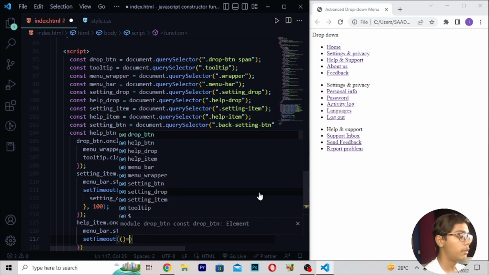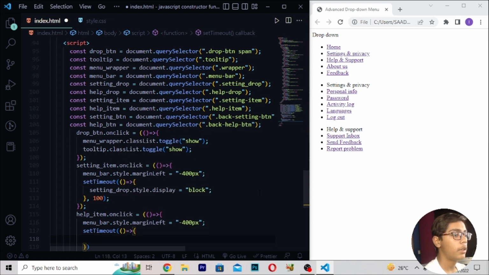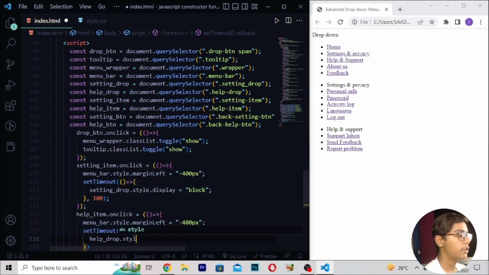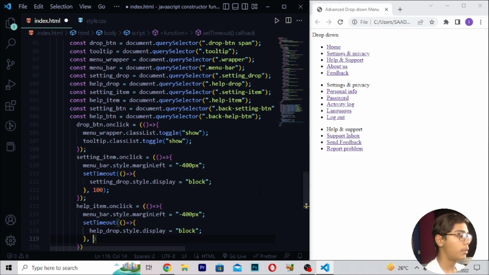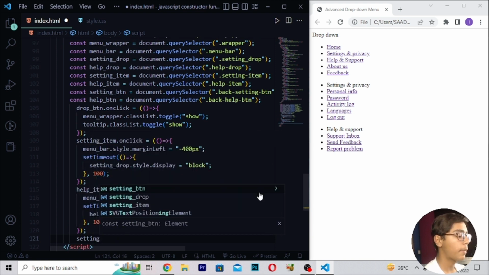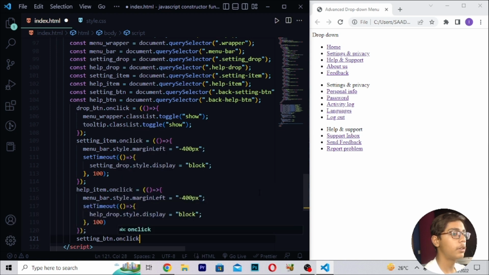Now when you've written this, here I will be moving down, here I will be just writing help-drop like this dot, then right here style dot display is equals to right here block, then you have to close this, right here comma 100, then I will be now closing it, right here setting_btn dot on click,